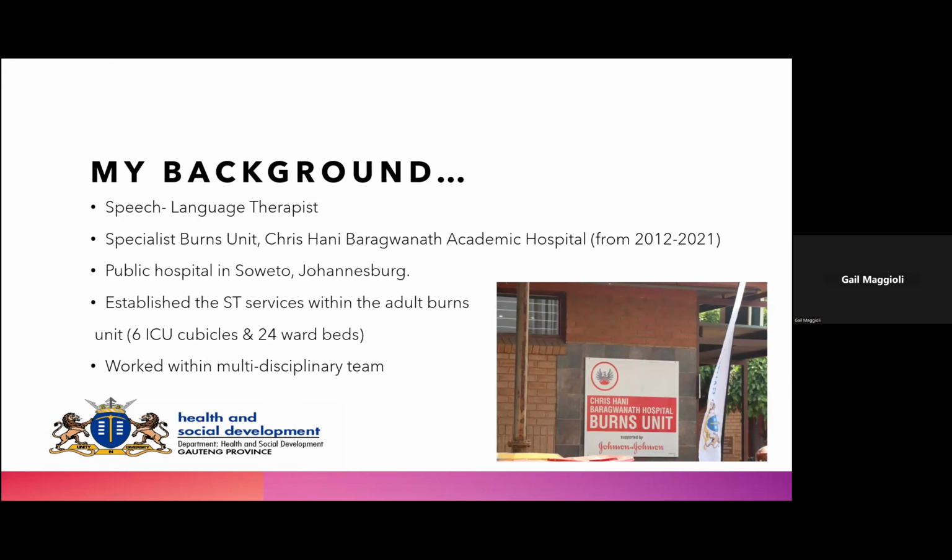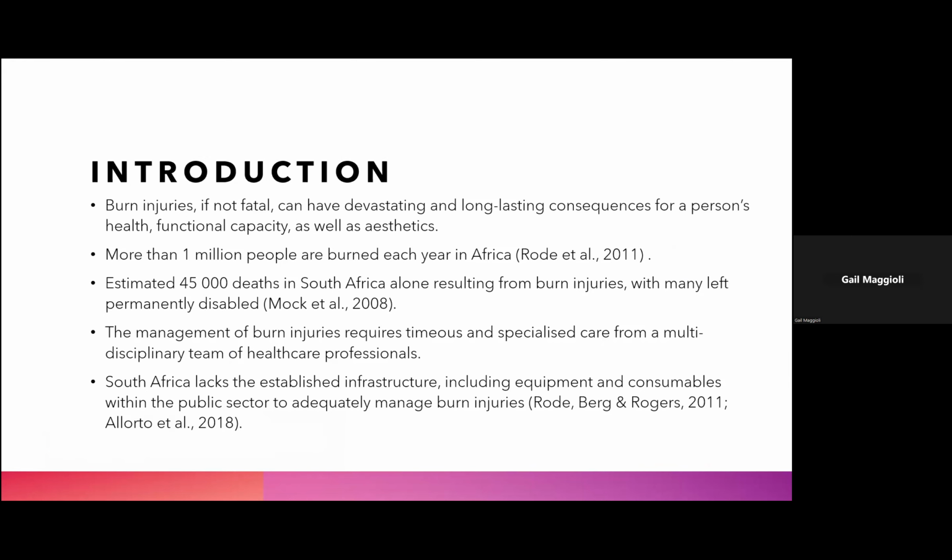Actually, I will come to my role a little bit later, but maybe just to give you a background in terms of the population of burns patients in South Africa. What we do know is that burn injuries, if they are not fatal, can have very devastating and long-lasting consequences for both health as well as a person's functional capacity, and particularly for their aesthetics. Most of the burns patients that come in will have burns to a certain part of their body and then also their face. A lot of the time it's their face included, and this has quite a big implication for